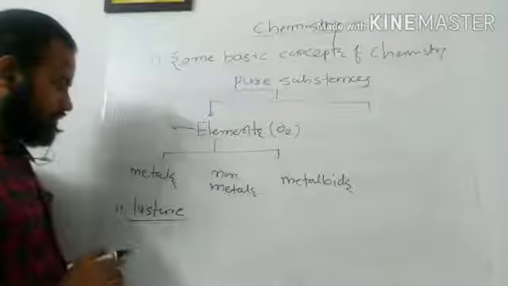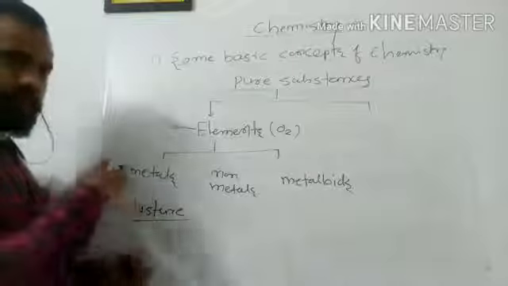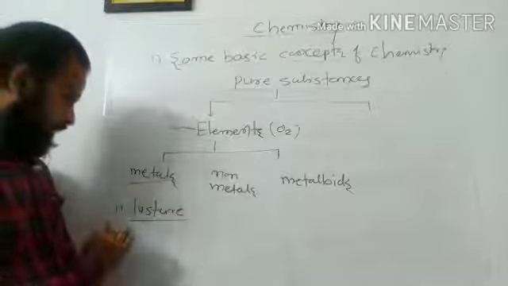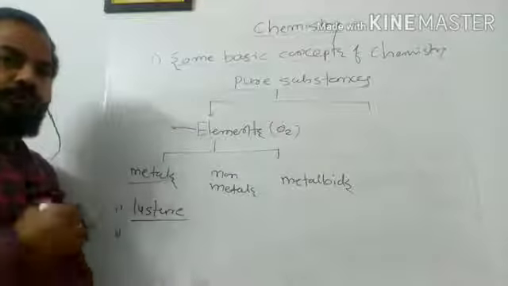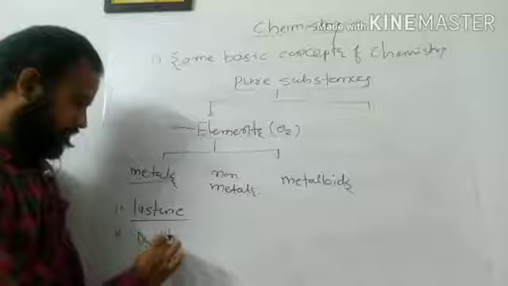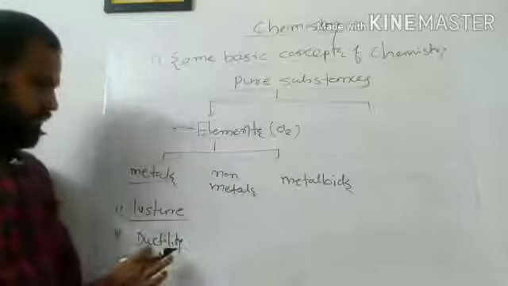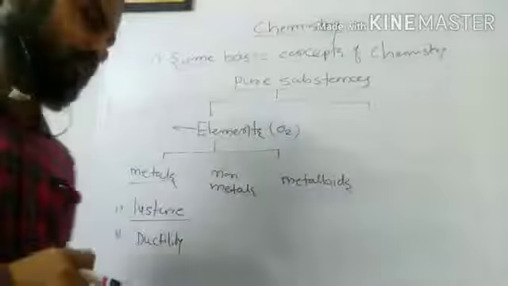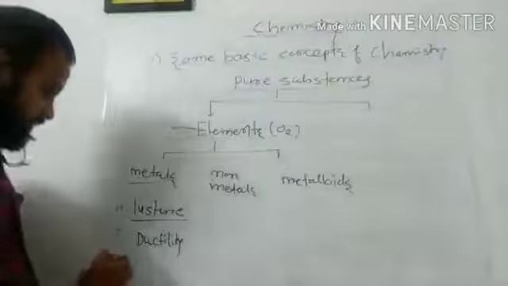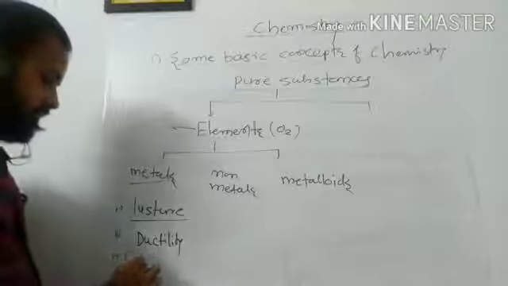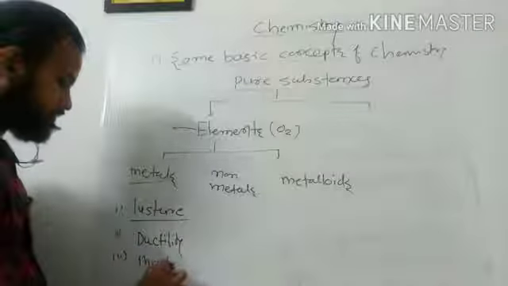Okay, then when we discuss the metals, metals generally have the property of ductility, meaning they can be easily drawn into thin wires without breaking, that is most important. Then we will see the third property of metal, that they have the property of malleability,